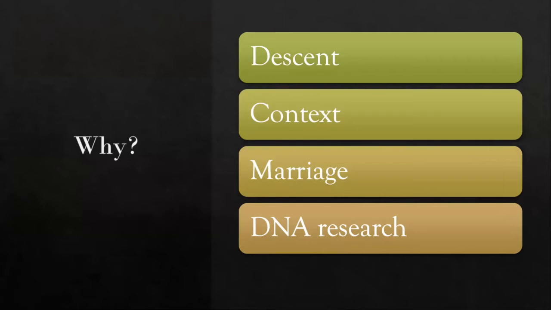But when you're doing DNA research, and you're trying to solve some puzzles or fill in some blanks in your own family tree, understanding how someone who's, say, a fifth cousin is related to you, and where their information might be able to help with a brick wall or a blank spot in your tree, can be really helpful. Another thing with DNA is understanding inheritance. There might be medical issues, there might be other kinds of issues. Relationships are really crucial.